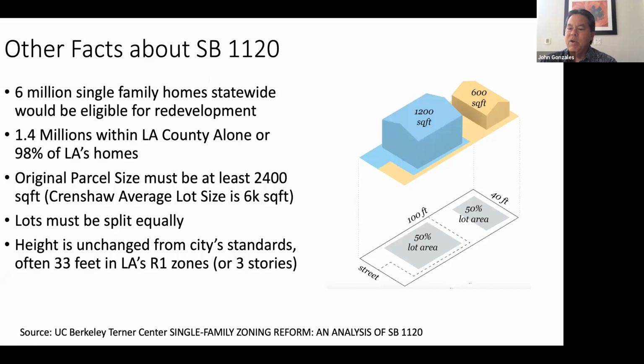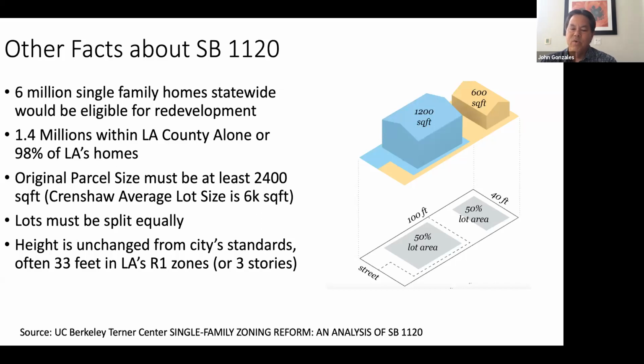Lots must be split into equal parcels, but these can technically be as small as 1,200 square foot lots. Current Los Angeles minimum lot size for single family dwellings is 5,000 square feet in contrast to 1,200. This portion also allows for demolition of existing homes with the exclusion of homes which similarly have been rentals within 3 years. A single family lot may be subdivided into 2, and then each resulting lot may contain up to 4 separate dwelling units. The basic provision requires the allowance of 2 units on each of the 2 subdivided lots,